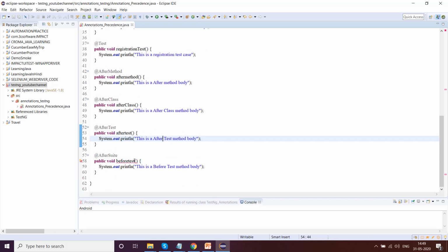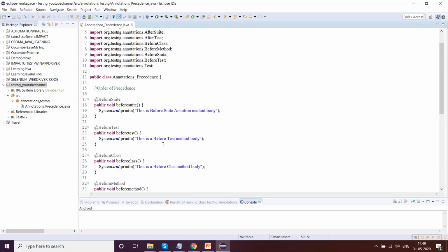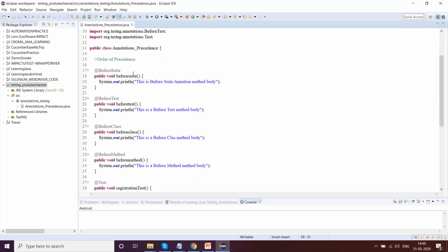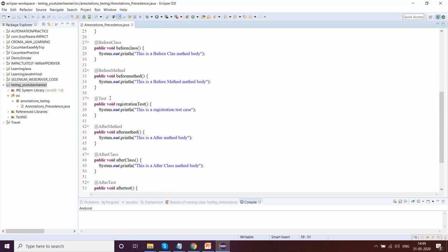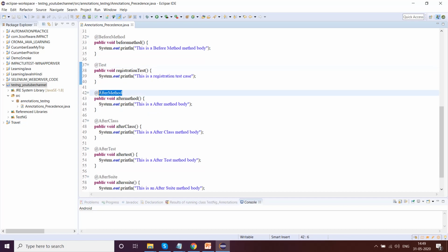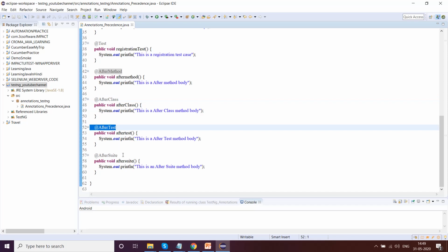Okay, this is after suite. Now in this particular program we have BeforeSuite annotation, before test, before class, before method. There is only one test case. You have after method, you have after class, after test, and after suite.